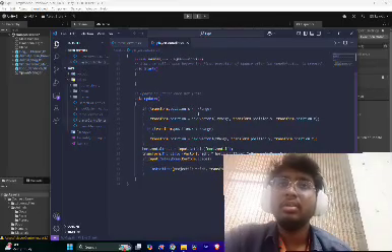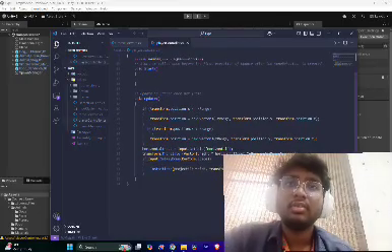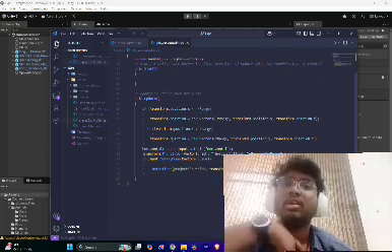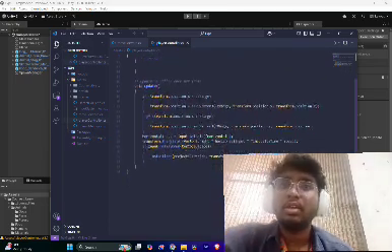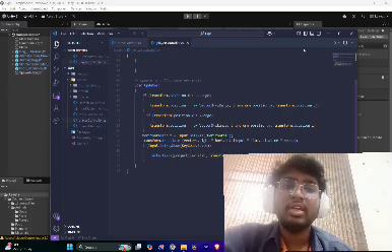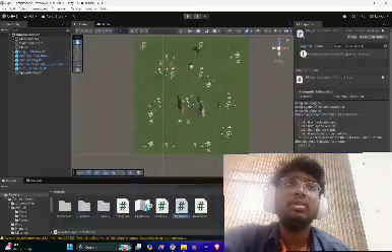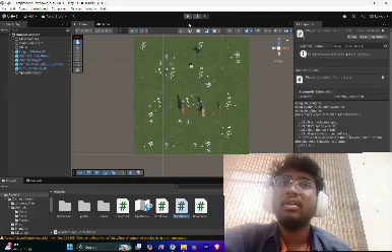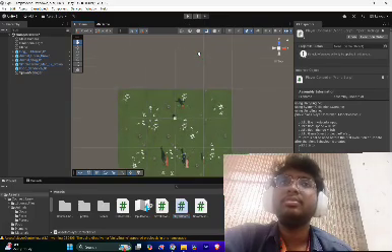Void Start, Update, transform.position, left side and right side. Horizontal input, GetAxis Horizontal. Based on this, the object will move. The projectile prefab: when we click the space button, the food will be served to the animals. That's it.